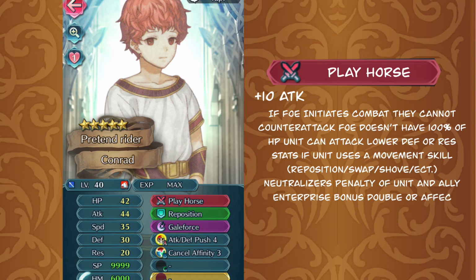But here is his weapon, Playhorse. If unit initiates combat, they cannot counterattack. I think it's supposed to be, if foe doesn't have 100% of HP, unit can attack lower defense or res stats. If unit uses a movement skill, reposition, swap, shove, etc., neutralizes penalty of unit and ally